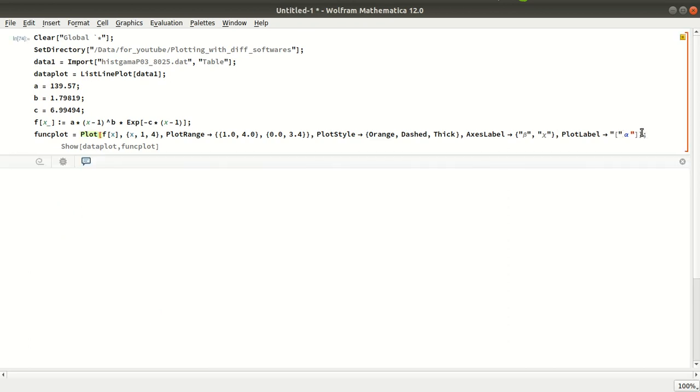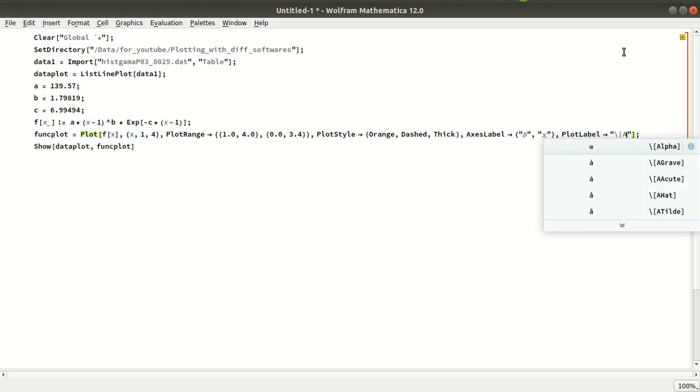Right? Okay, sorry for this, here I have made a mistake. So it is already taking alpha. Okay, so this bracket is for this, and then double quotation, and then slash, then inside the bracket a l p h a, then close the bracket.